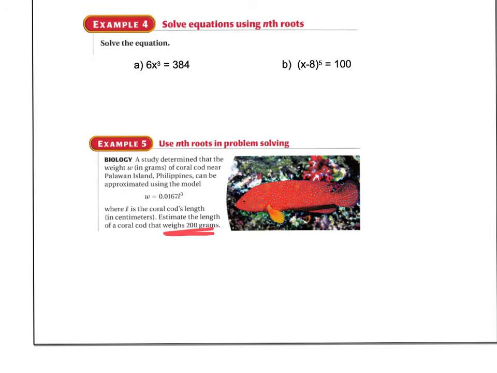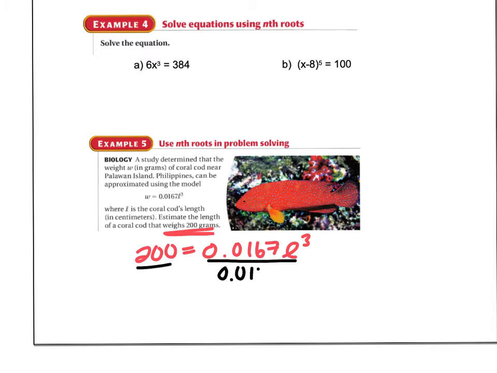And so they just told us the weight in the problem, if you notice. They said it weighs 200 grams, so that would replace W in our equation. And then you write down the large decimal, and it's the length cubed. So I need to solve for L cubed because we're estimating that length. Your first job is to isolate L cubed, and so you would divide both sides